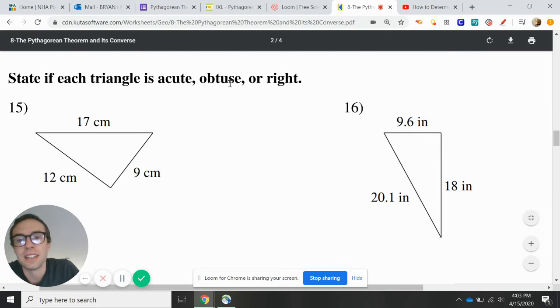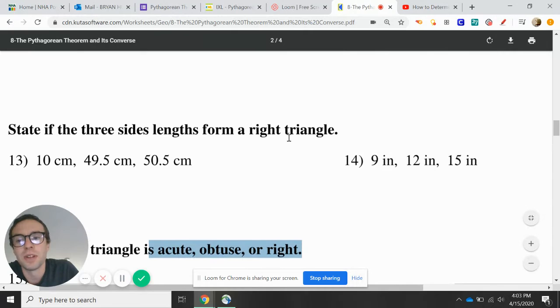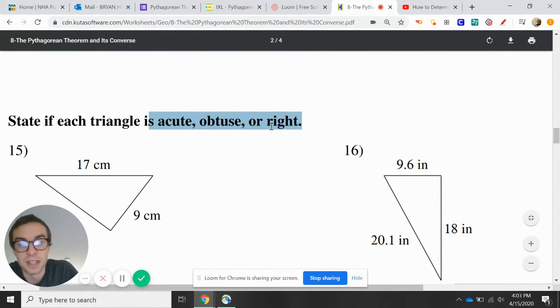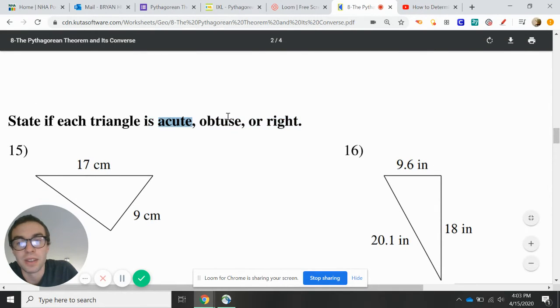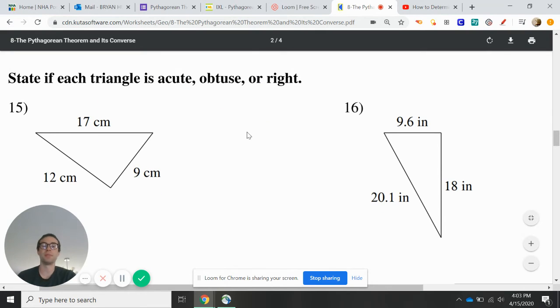And then here it is: obtuse, acute, or even right. So those ones up above, we were just figuring out, are they right triangles or not? But if they're not a right triangle, so if you said no to some of these up above, then we can figure out whether they're acute or obtuse. And I'm going to switch my screens here real fast, and I'll come back to one of these. So for example,